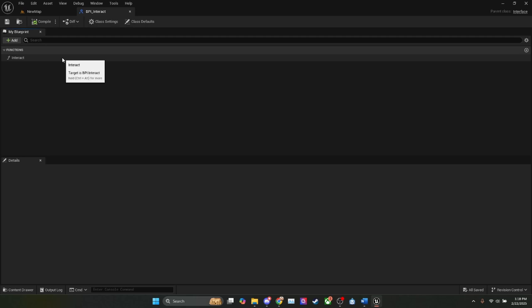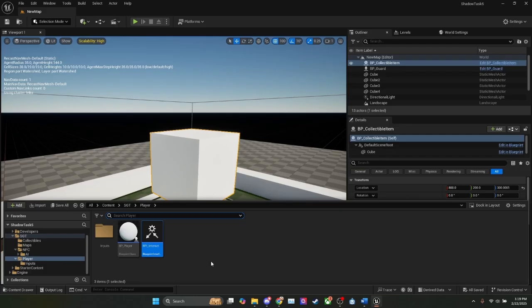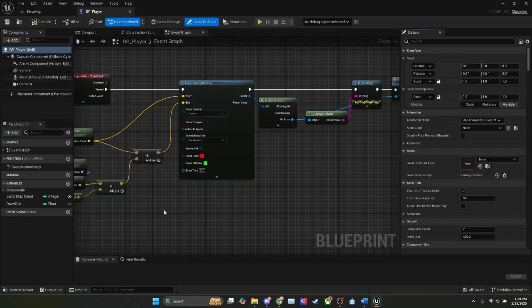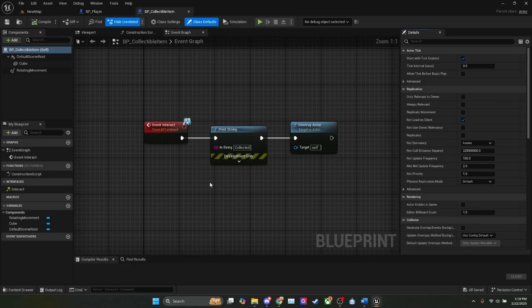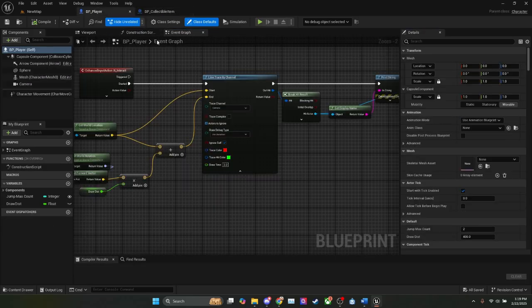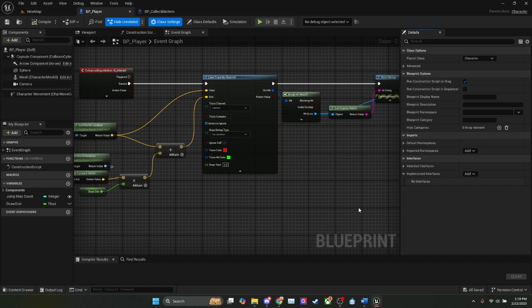Essentially, in the blueprint interface, we just want to broadcast a message and have the listeners be able to function off of that event. So that's pretty much it for the interact interface. Inside the player blueprint and inside of the collectible item, we have to implement